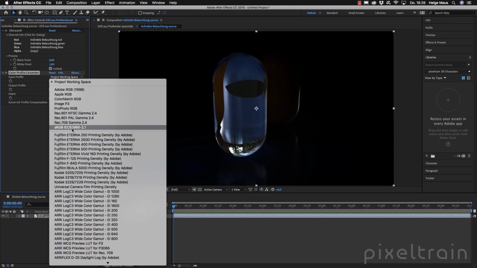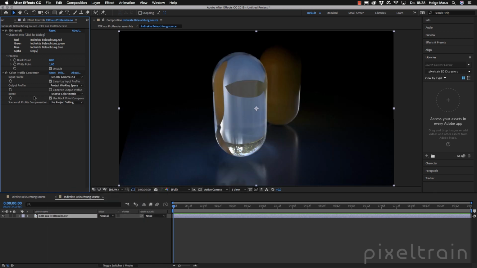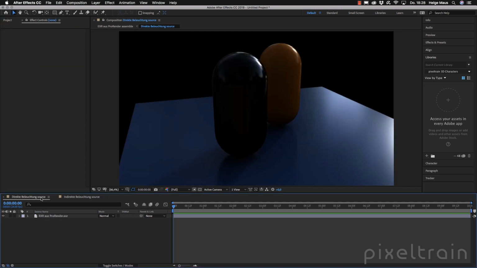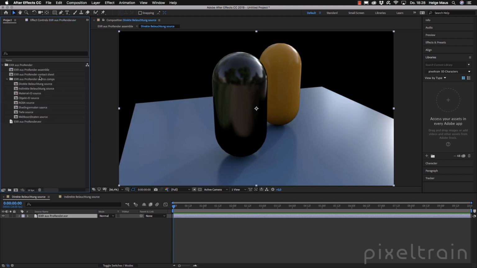So I work here, for example, Rec 709. I want to have this linear, and now I copy this effect here, and if I like, I can also paste it here. And if you now go back here to your project window and you made your adjustments here, if you like, but these are the only two color infos which I have here,